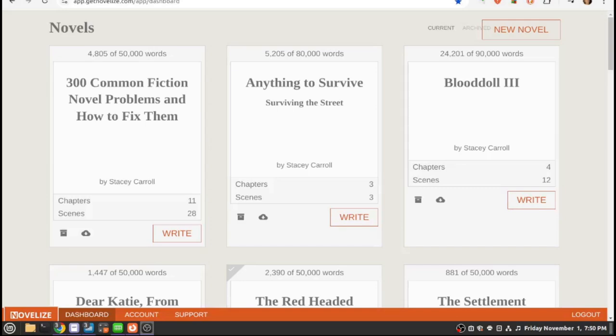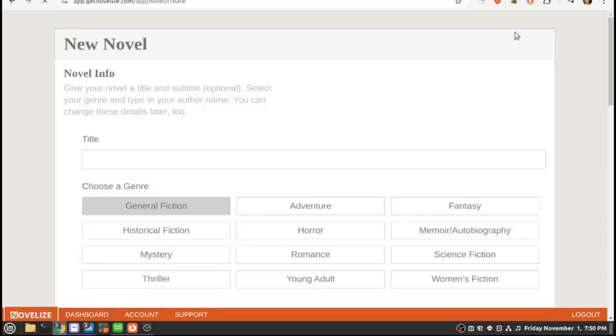So what we're going to do is I'm going to take you through starting a new novel in this particular piece of software. It's not hard. It is $9 a month. You get like a 14-day free trial, I think it is, and then it's $9 a month for this software. So we're going to do